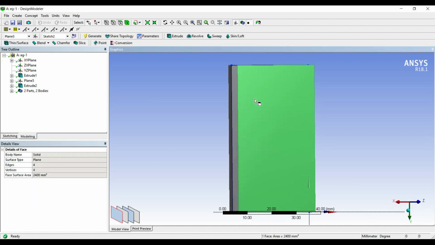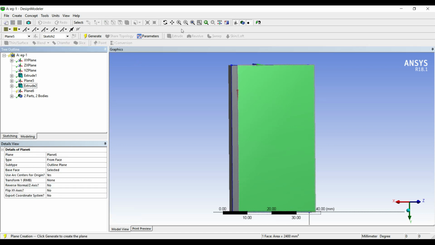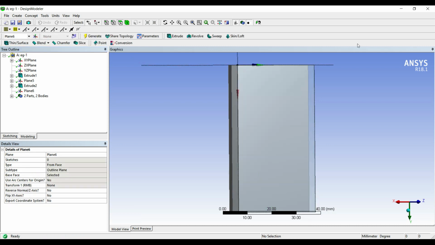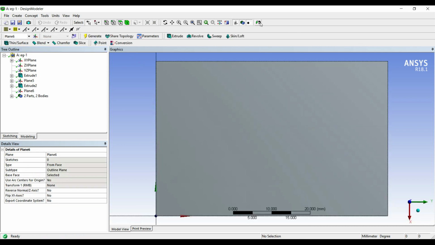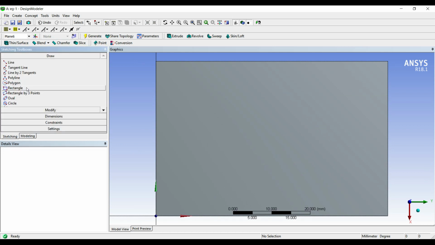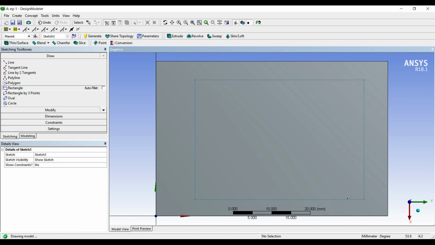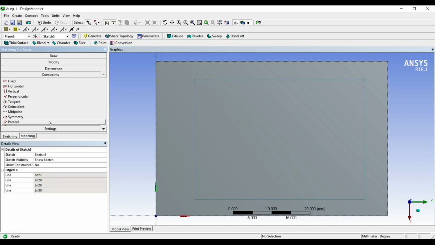So on the slab now I'm going to click on new plane, generate, look at. I'll go to sketching, draw the rectangle, constraints, I'll use coincident.